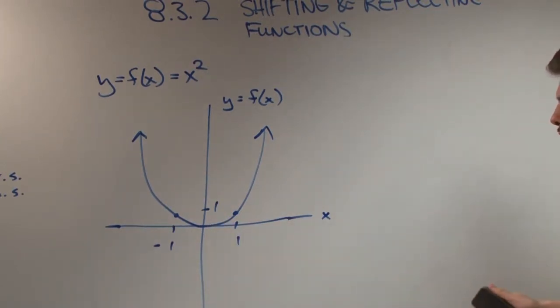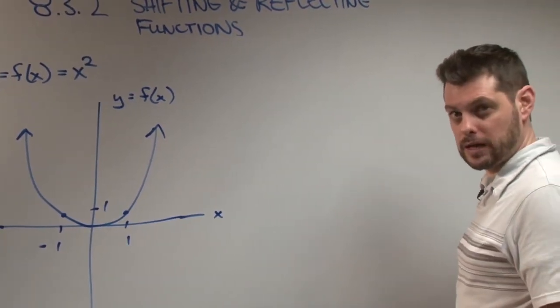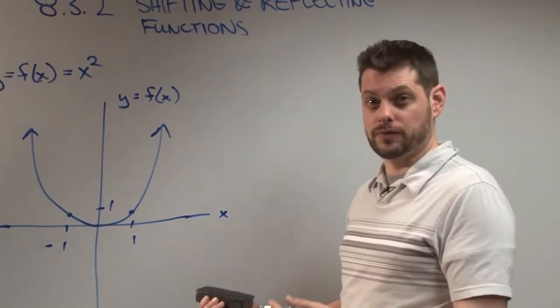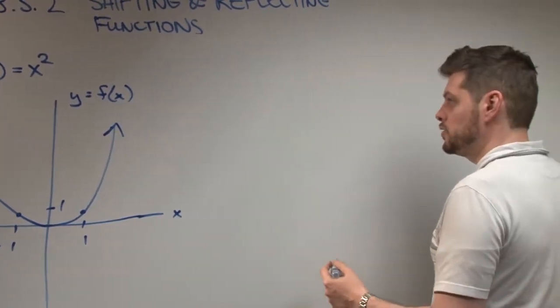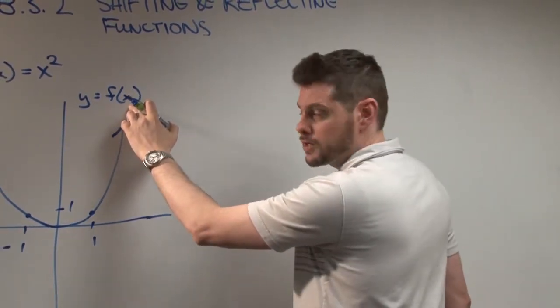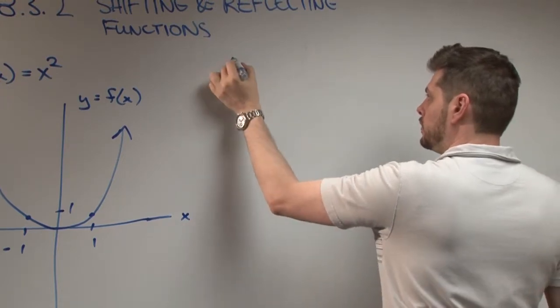So how would I shift this function? Up or down or left or right? Well, we talked about how to shift it up or down, but now we're going to talk about how to shift left or right. The way that we do that is by putting an addition inside our function. So if I were to say g of x